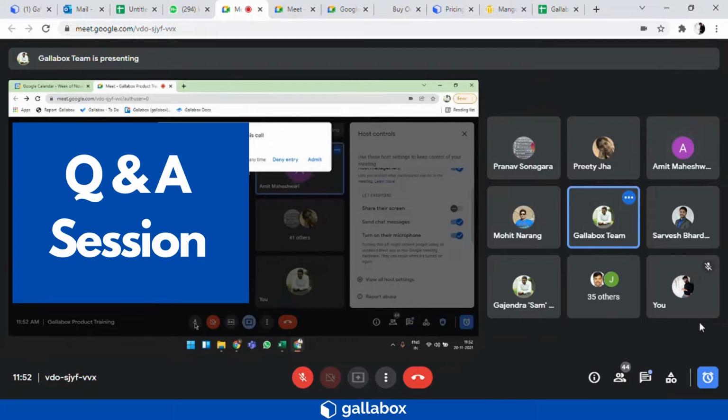Sure. Addy, can we send media files as well through the broadcast? You will be able to send media files through the broadcast as long as the media file has already been added in your template message and you have got approval for the same from Facebook. So once it is approved, then you will be able to share it.